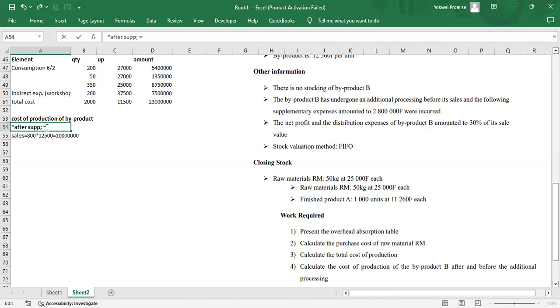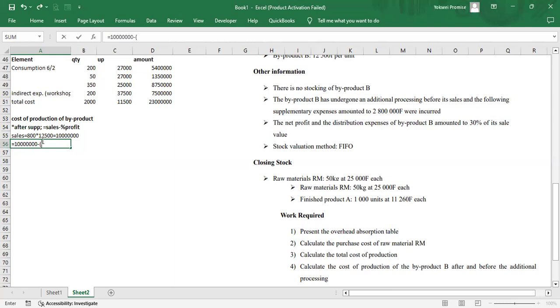The cost here will be equal to sales minus the percentage profit. So even the last question that we solved, this is the same thing that we did with that question. So that's why I'm saying that you have to take note. If it is not entering, then you take it out. This is how it goes. So we are going to calculate what 30% of this. So after supplementary treatment, we are going to have what? It will be equal to 10 million, right? Minus